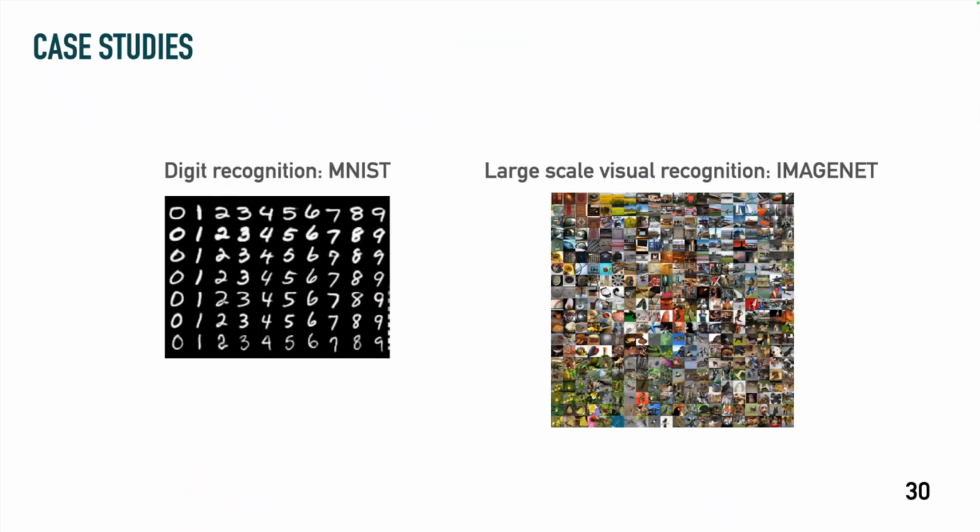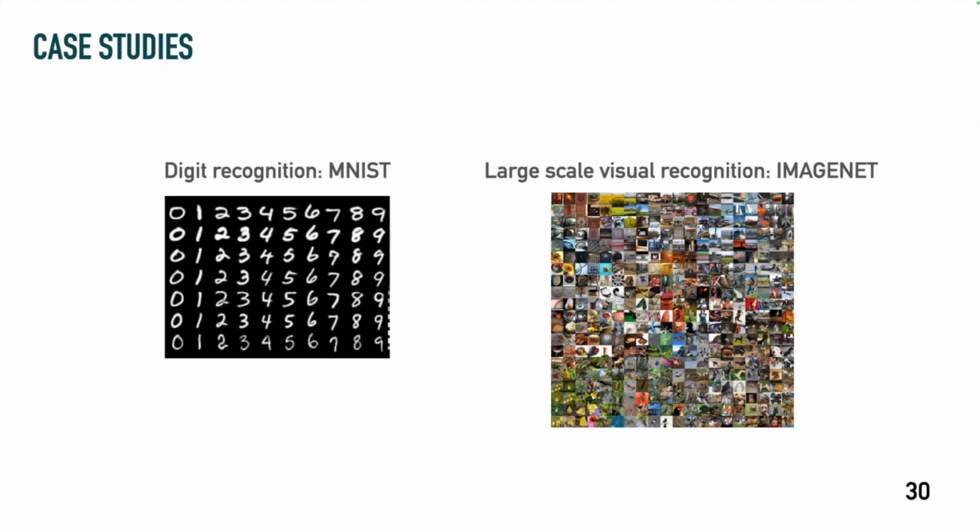We have evaluated this approach on two case studies: MNIST, which is a handwritten digit classifier, and a larger-scale visual recognition case study, which is ImageNet. In particular, ImageNet, with 1,000 classes and large real images, poses a challenging task for the test generators. And because of the complexity of the images in ImageNet, it is extremely difficult to define understandable features for